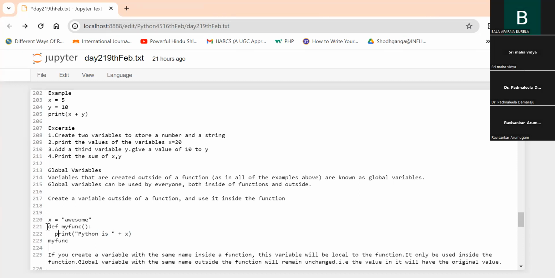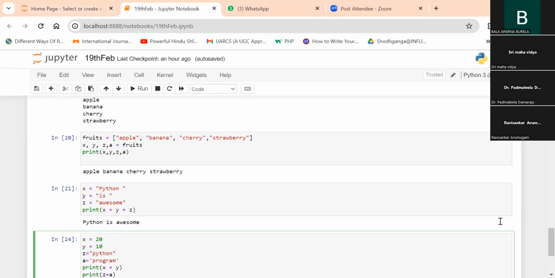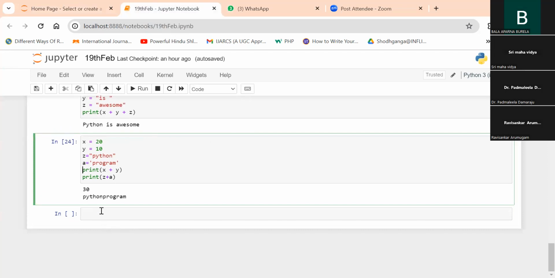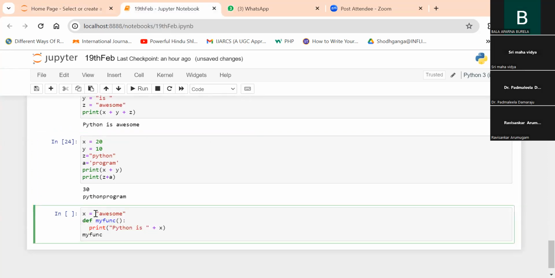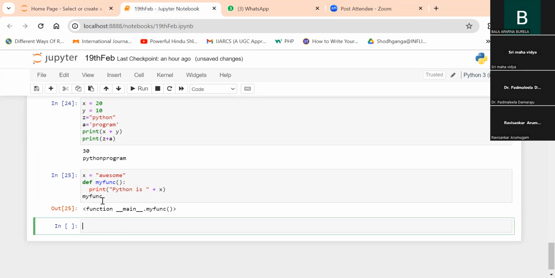I said print Python is, and then I wanted the value of x to be printed. So now, if I print this statement,